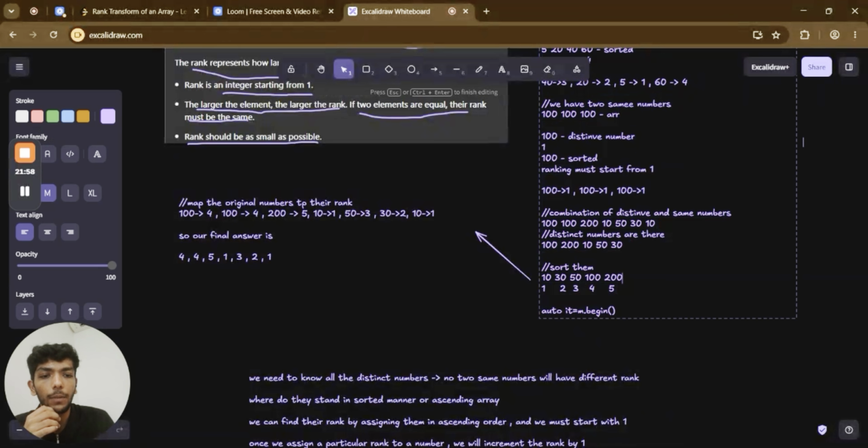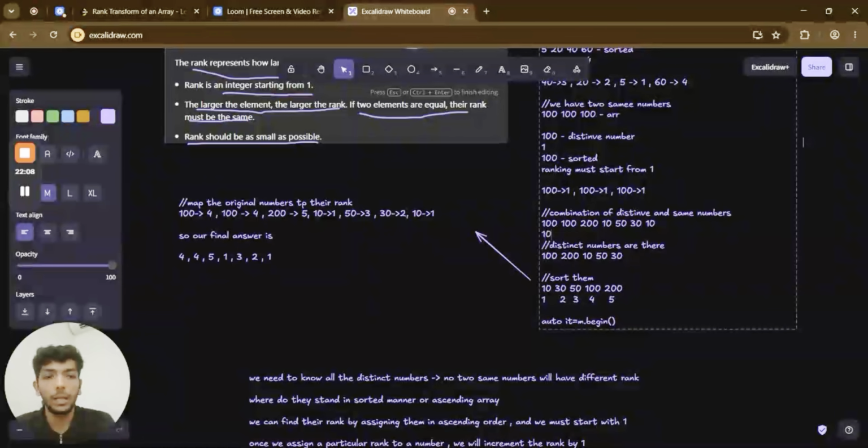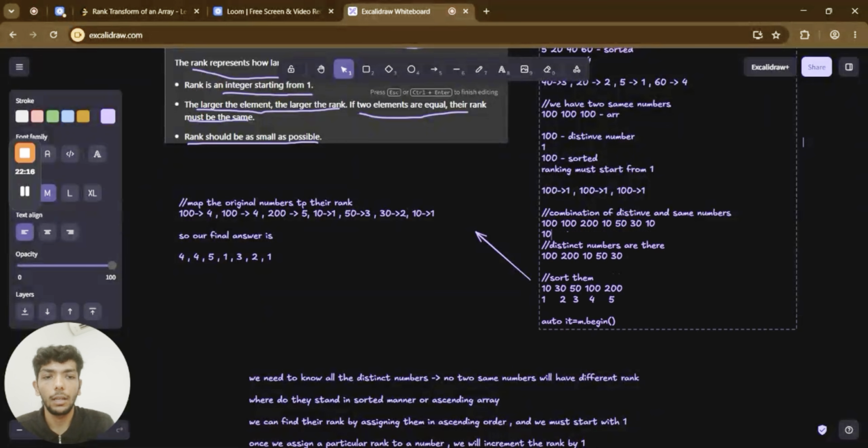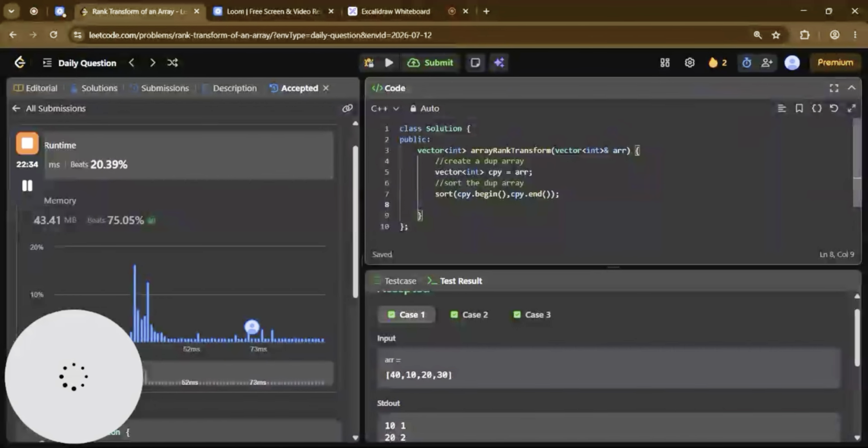One of the main steps that we need is to sort. But we also want listing numbers. If we were to sort this, it will be 10, 10, 30, 50, 100, 100, 200. But what about the listing part? We have not filtered duplicates. So we have sorted, but now we need to